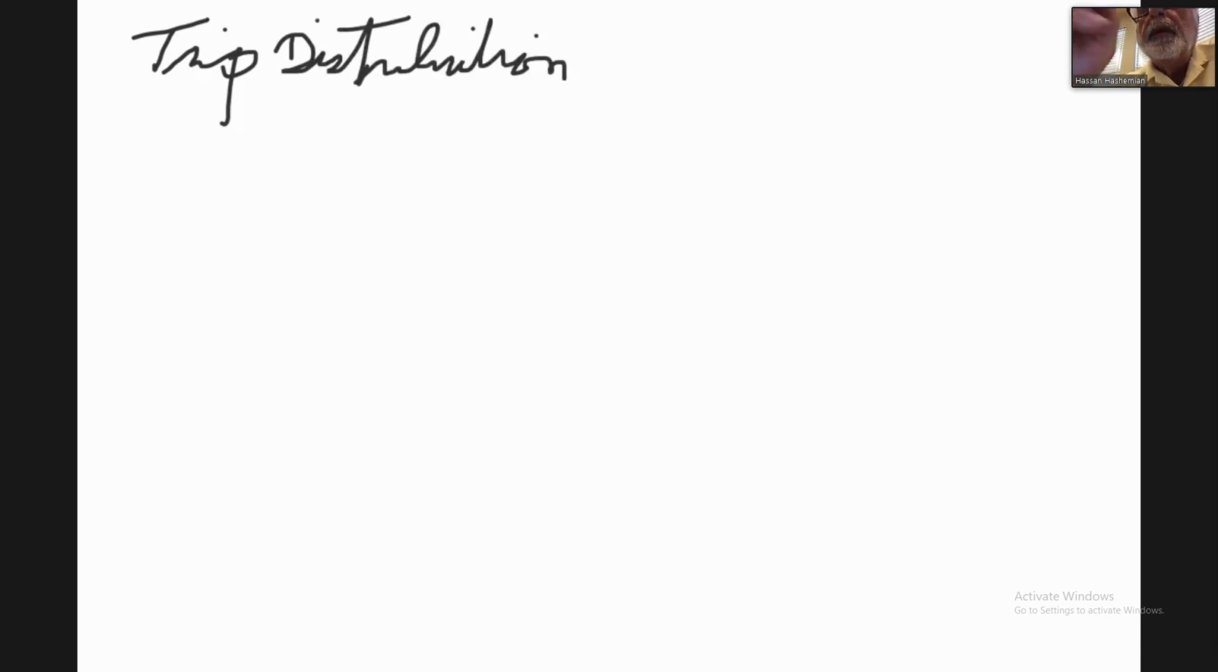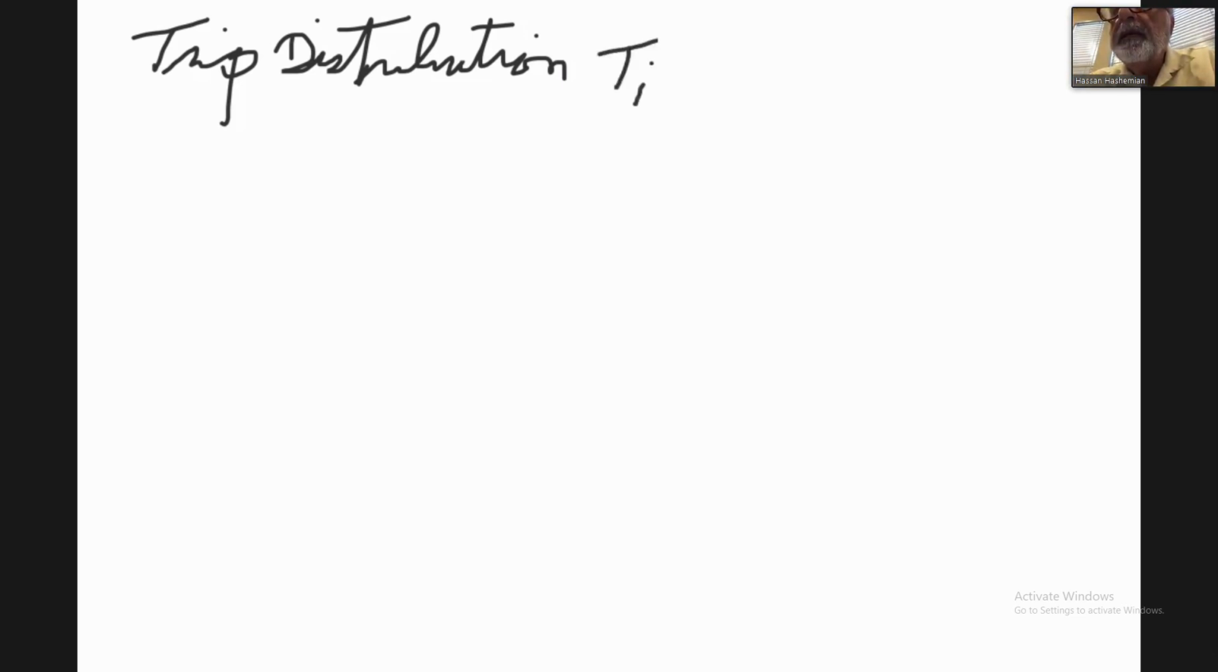Distribution, if you remember. I showed you how we can do the trip distribution by manual method, and then I developed the gravity model formula for it. So your gravity model formula was